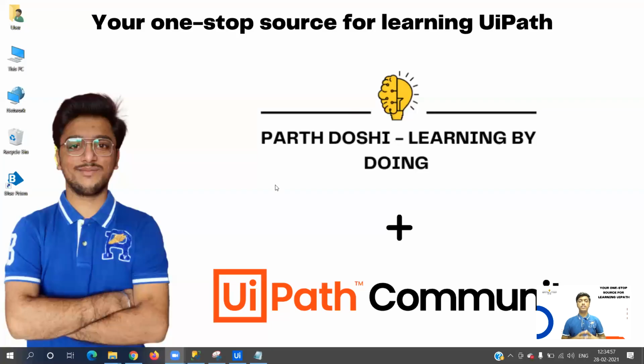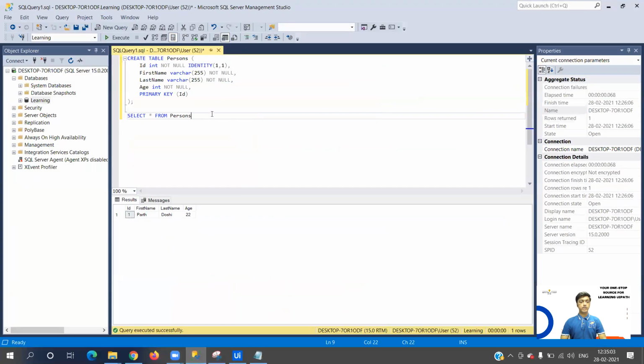Yes. So first let's create the SQL table in which we are going to insert the data. I have my SQL Server Management Studio already installed, which you can install too. I will add the download link in the description. So here I'm creating a table persons in which ID is going to be an integer and it is going to be an auto increment. To create an auto increment column, you need to write it this way: identity(1,1). So it will automatically create an auto increment column.